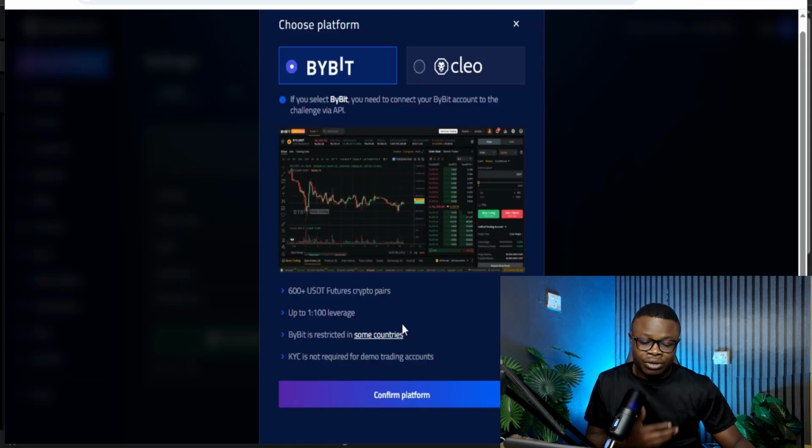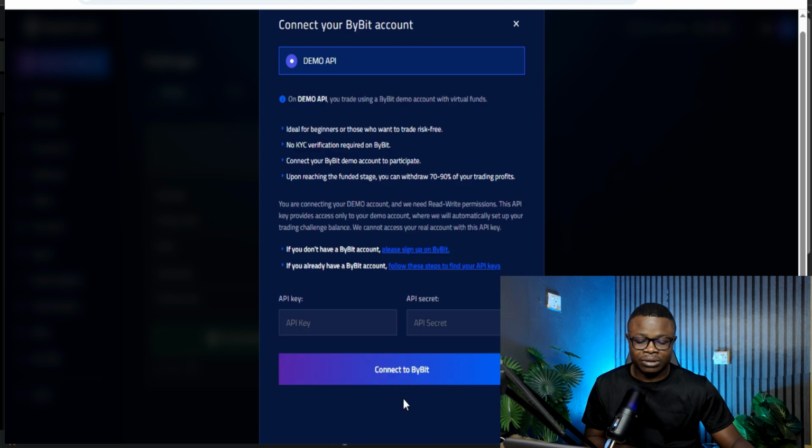Now, once you are brought to this dialog box right here, you see that HyroTrader recently added another trading platform, but our focus is on Bybit. So make sure that Bybit is selected. And these are all the options that you have right here. You can trade up to 600 USDT pairs, and you can use up to 100x leverage and all of that. So we go ahead and click on confirm platform,